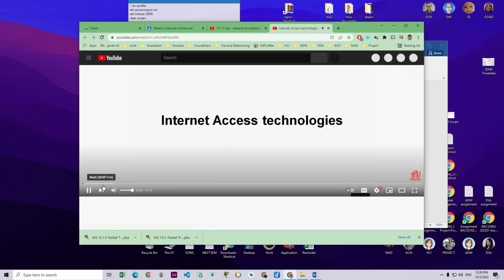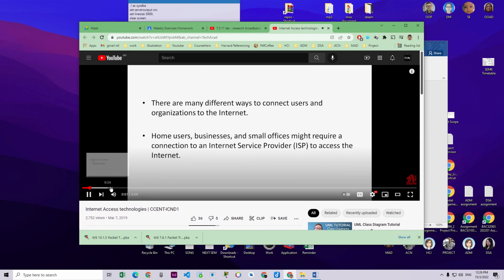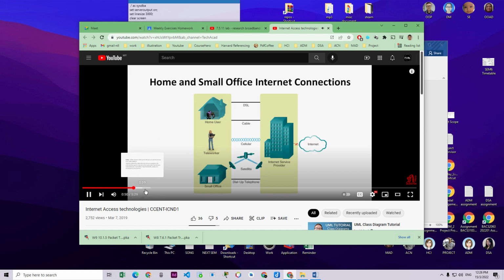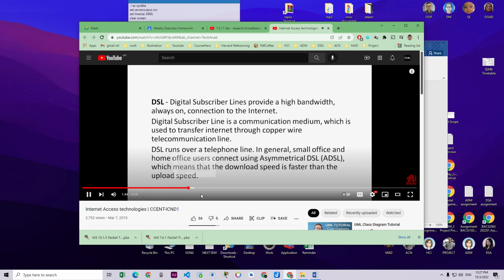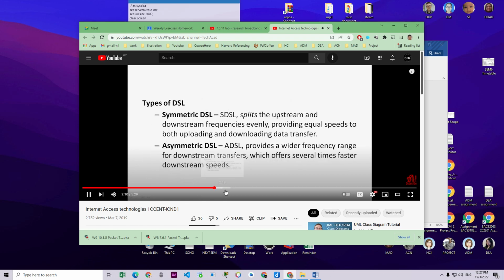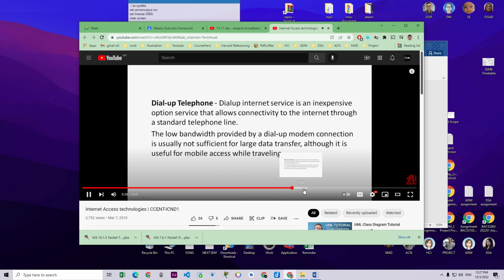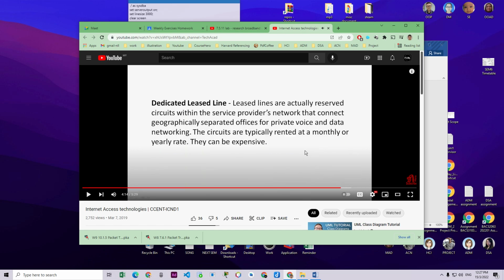Hi friends, in this video we are going to talk about internet access technologies and options may vary between ISP services we can see such as a DSL, cable internet or signal is carried on the actually is a DSL that is a communication users connect use cell with downstream frequencies evenly. providing equal speed range for internet access use capabilities to the upstream edge. This is an index provided by it is used at already we have seen geographically separated offices for